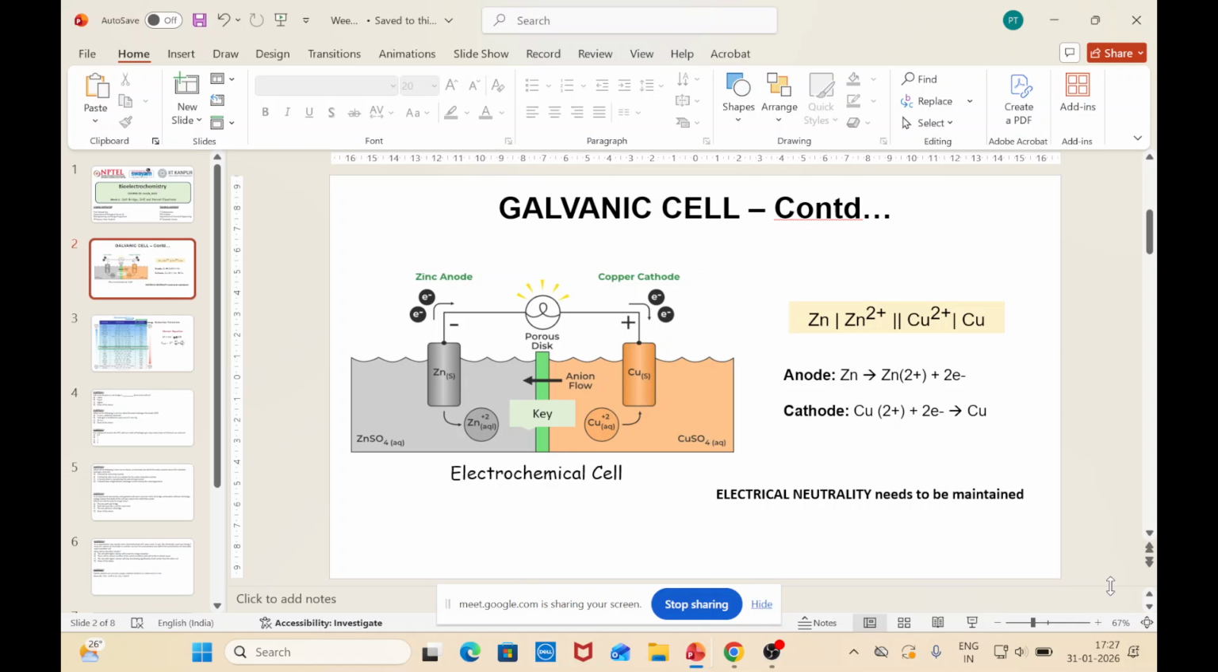Here there was a porous disc. In case of a zinc copper system, you had a porous disc which actually separates both the compartments, and kind of forms an interface between the compartments. In the next case, we usually saw a